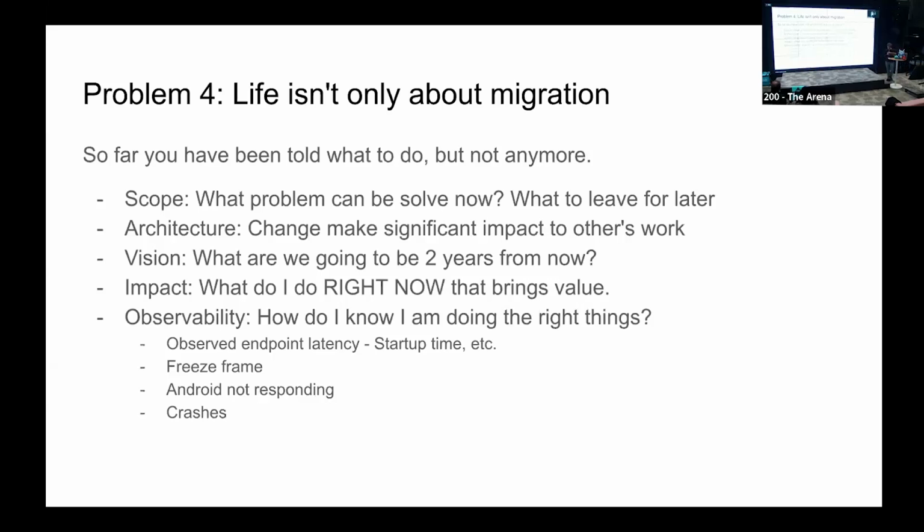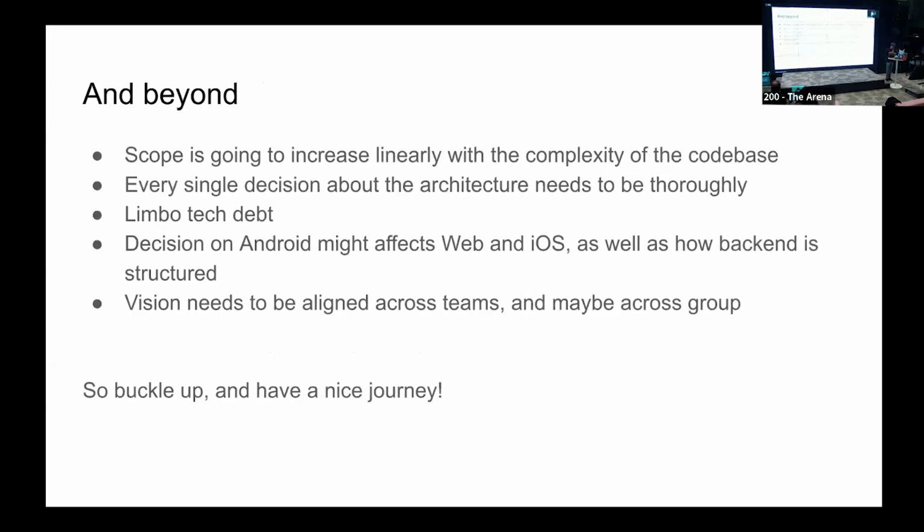But what after this? I actually had a chat with a principal level Android developer for Hinge, the dating app in the US. And what he told me was that it's just going to be the same stuff that we've been telling, but it's just going to get worse. The scope is always going to linearly increase, or even exponentially increase, with the complexity of the code base. There will be 20 people working in the same piece of code, or worse, 100 people or 300 people in the case of Uber in Android. Back in the day, I don't know what their number is at the moment.